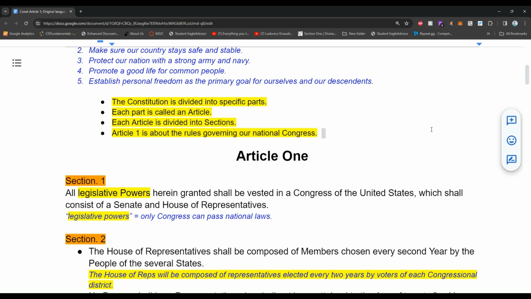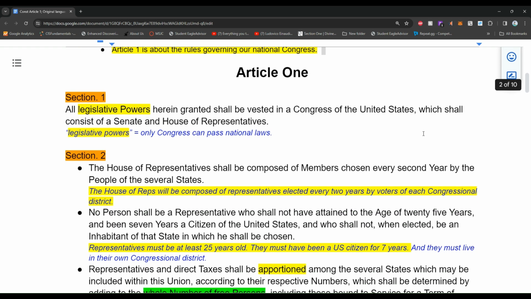shows some rules for how the Constitution is structured. So it's divided into specific parts called articles, and each article is divided into sections. And Article 1 is about the rules governing our National Congress. Okay. So